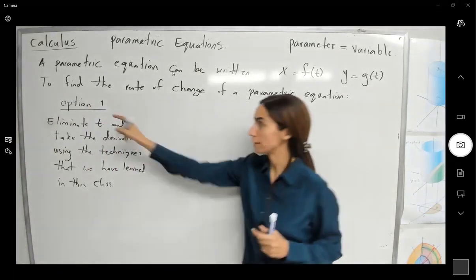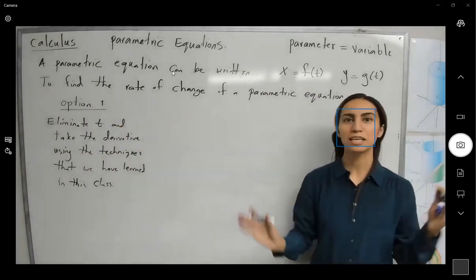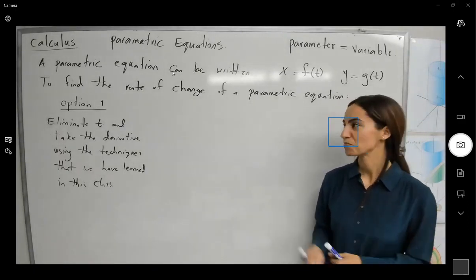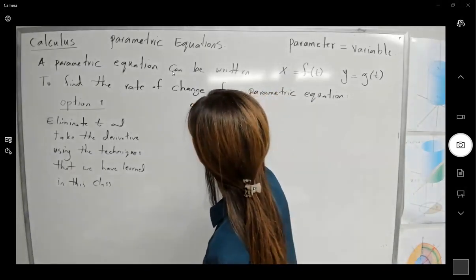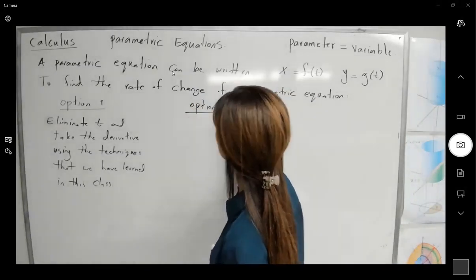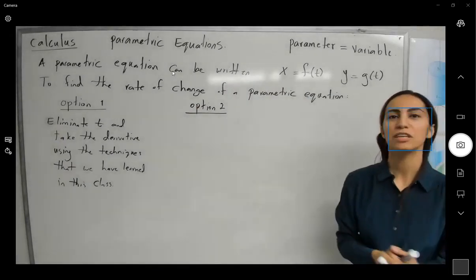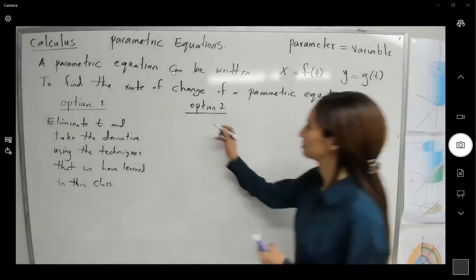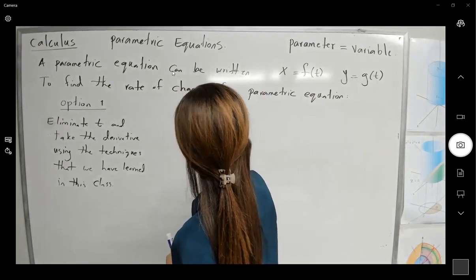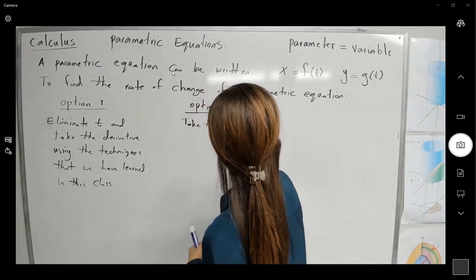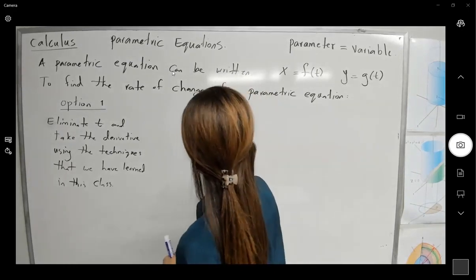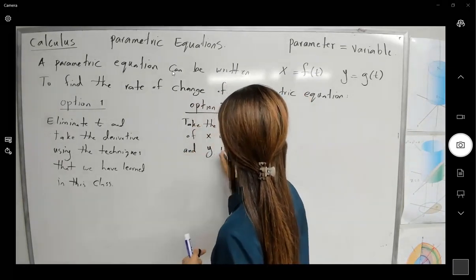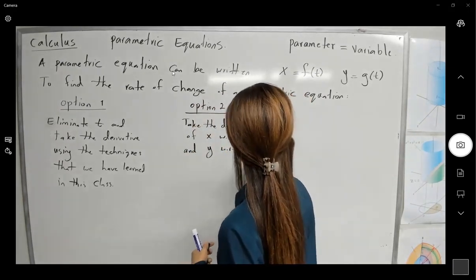Option 2, if it's complicated, if you cannot get rid of t, sometimes you have complicated parametric equations. You move to option 2. The second option is, you take the derivative of x with respect to t, and you take the derivative of y with respect to t. For example,